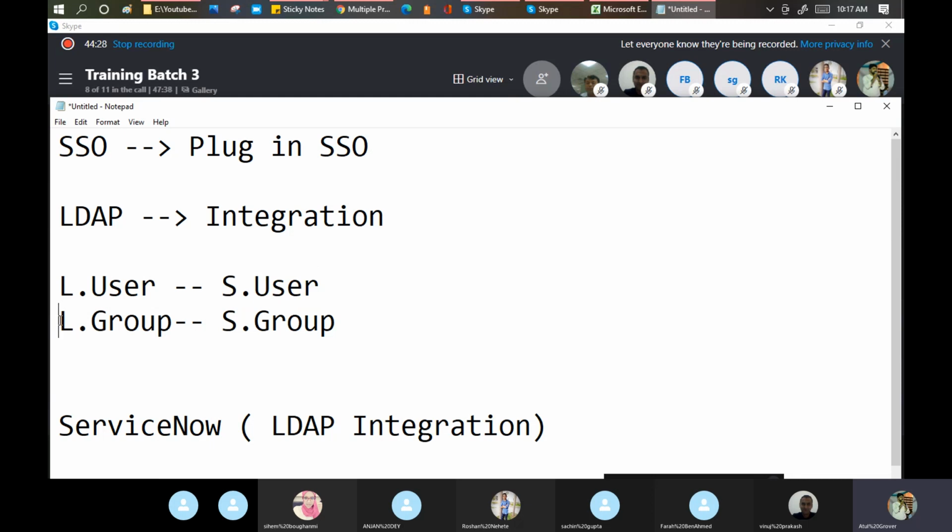I will map the LDAP group table with the ServiceNow group table. In short, what I am doing here is bringing the data from the third-party tool into ServiceNow. Yes or no?